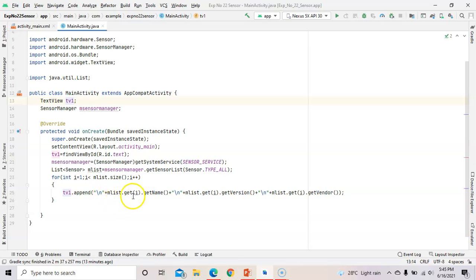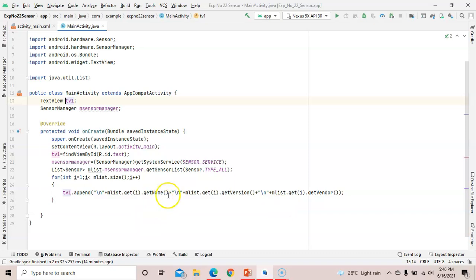So AMList dot get I dot get name. It will get the name of the sensor. Then on the new line, AMList dot get I dot get version. It will show you the version of the sensor. And then AMList dot get I dot get vendor. It will show you the manufacturer or vendor of a sensor.